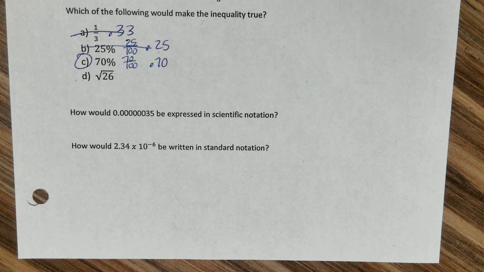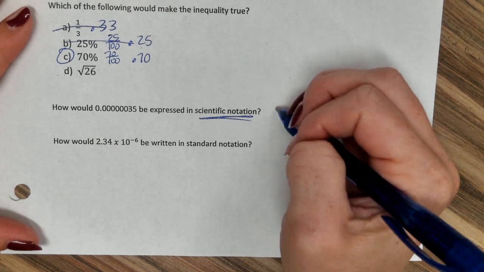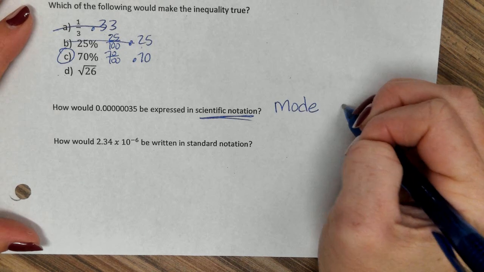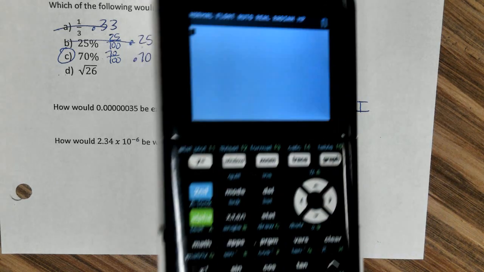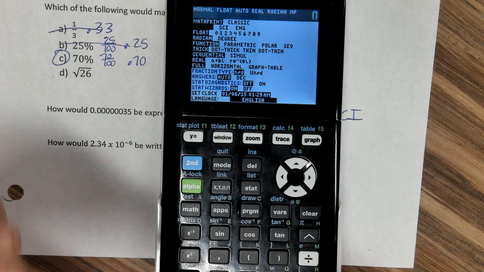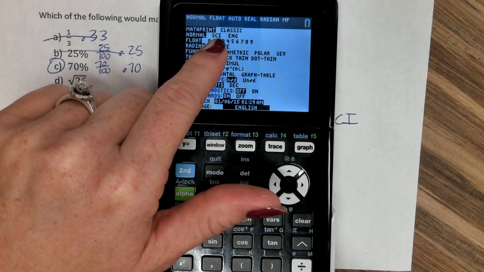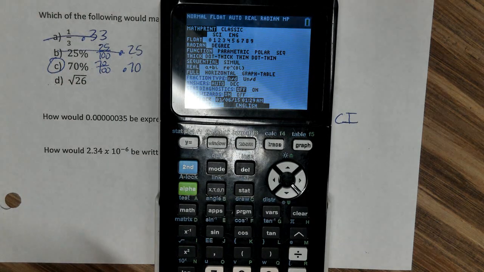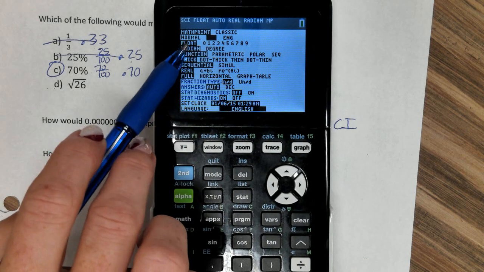Good? Okay. Right here, when it says scientific notation, write this down if you need to. You're going to go to your calculator to mode SCI. Okay, so find your mode button, which is right here. Push it, and then you will see, so again, mode's right here. And you're going to see SCI right there to the right. And you're just going to arrow over to it and hit enter to where normal is no longer black,